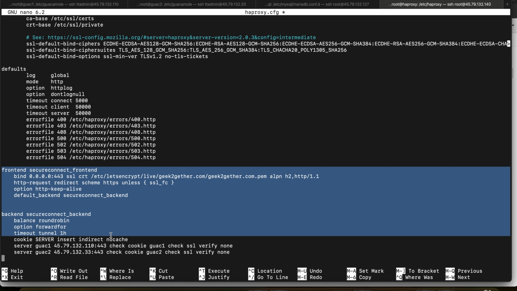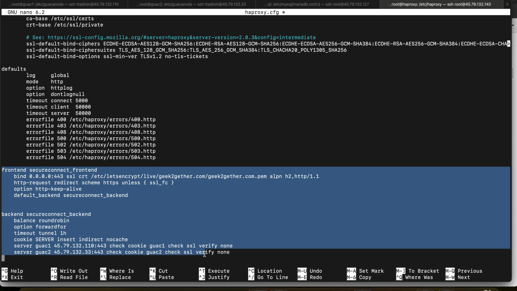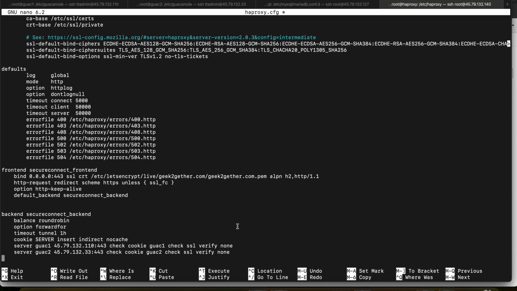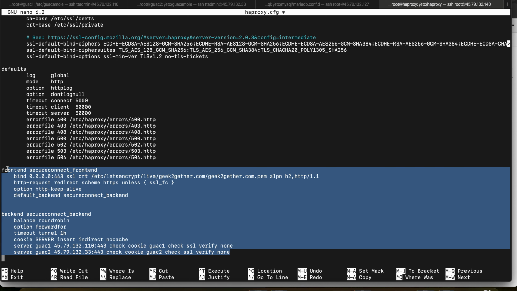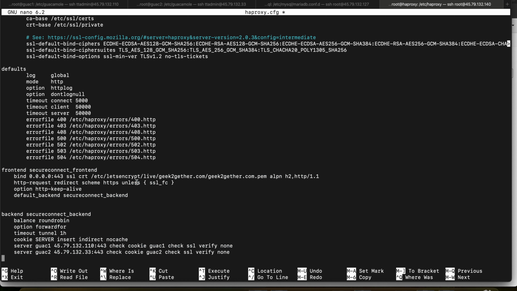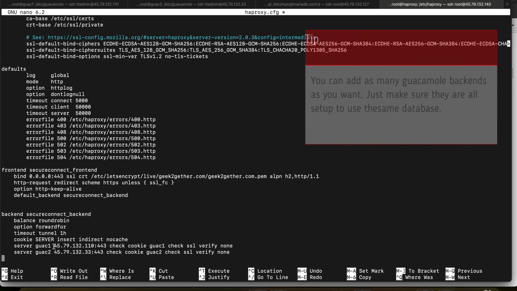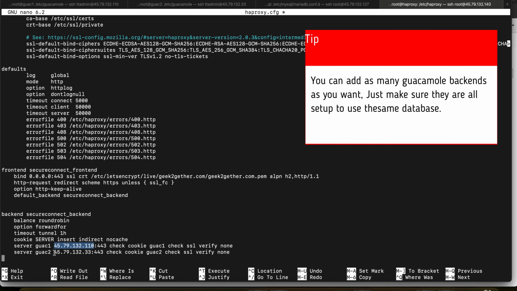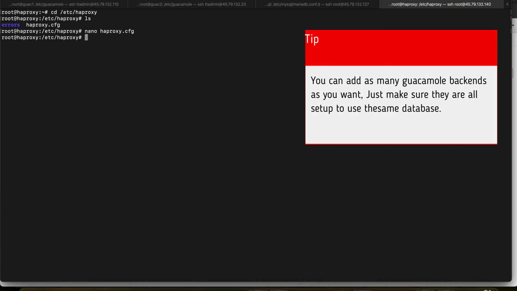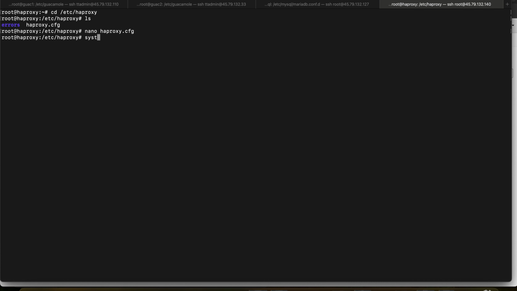Once again, you can read more about HAProxy or I can make a video if you want, but you have to leave that down in the comment section below to go into more detail. But this basic configuration here should get you working. You can change this secure connect backend to whatever you want to call it, and the same for the secure connect front end. So once we do that, remember to change your IP addresses here of your Guacamole servers, and then we're going to save that and we'll restart